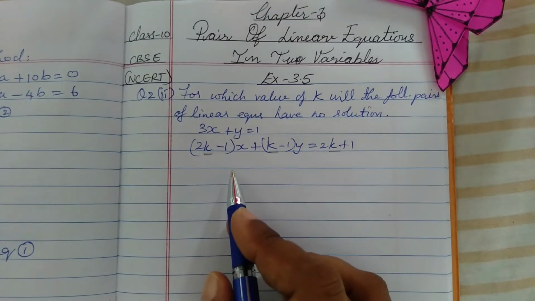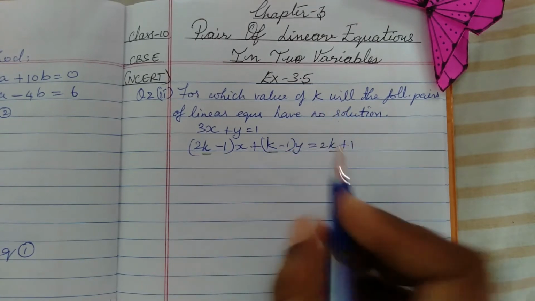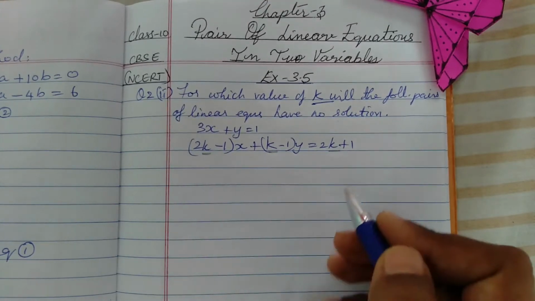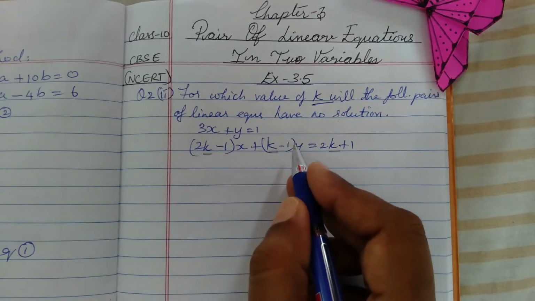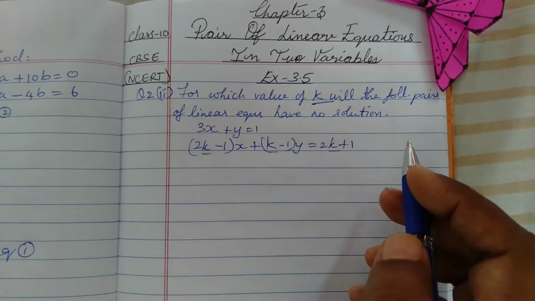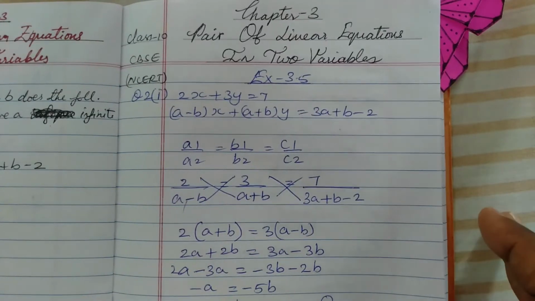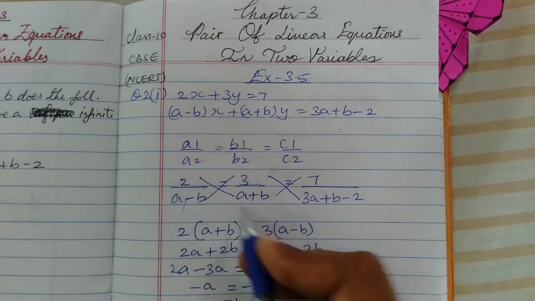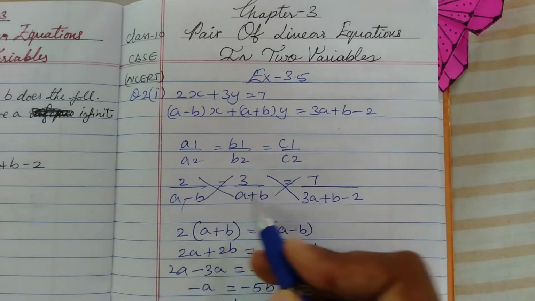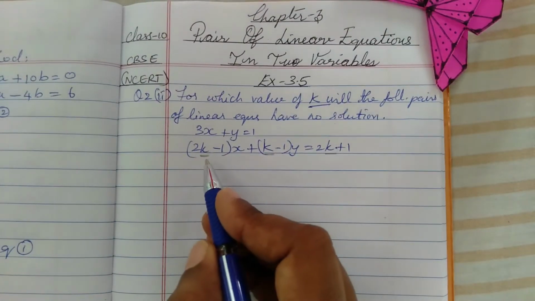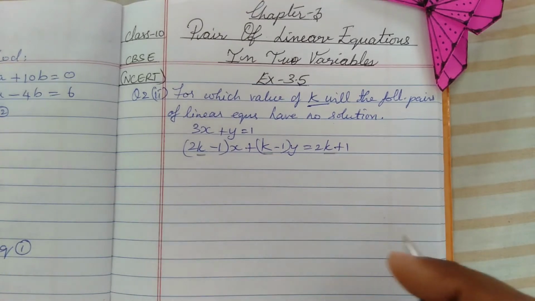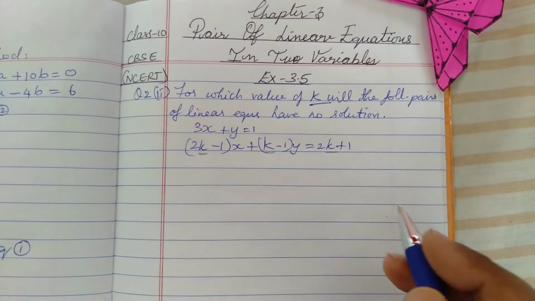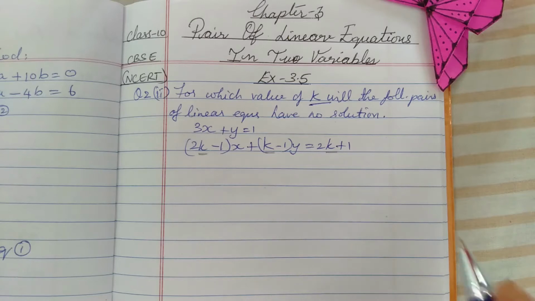Now here you can see that we have to find the value of k. There is only one unknown variable given, which is k. So we have to find the value of k using the condition for no solution. It is like what we did in the previous sum. We have to arrange it according to the condition, list out the coefficients and cross multiply. Since there is only one unknown variable here, we can cross multiply one part and find the value for k, but after finding the value for k, we need to prove the condition here. Okay, so now let's start.